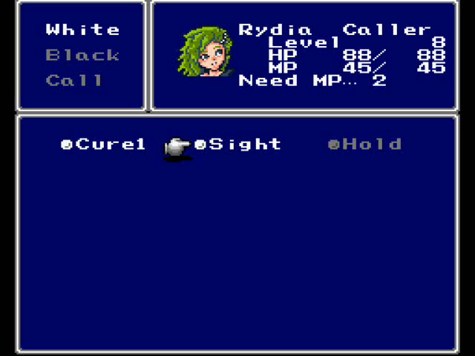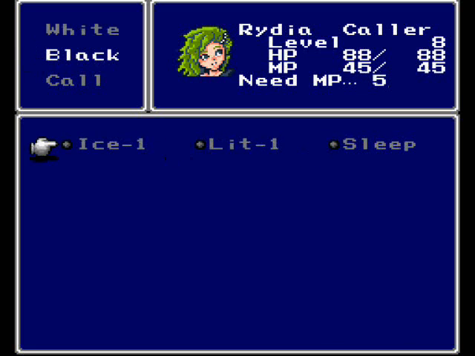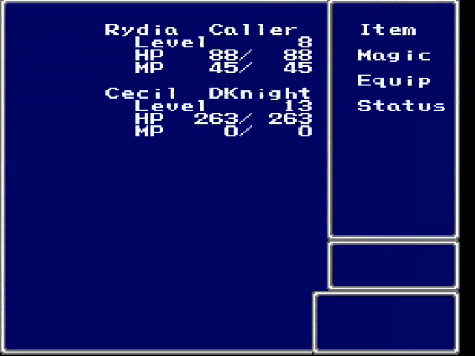Sight, it lets you see the world map, and Hold inflicts paralysis, but you can only cast it on one enemy, though. Black magic, we learned Ice 1, Lightning 1, and we learned Sleep. So Sleep's pretty obvious there, but you can also cast it on multiple enemies, unlike Hold. And Call, we still have that Chocobo summon, so...